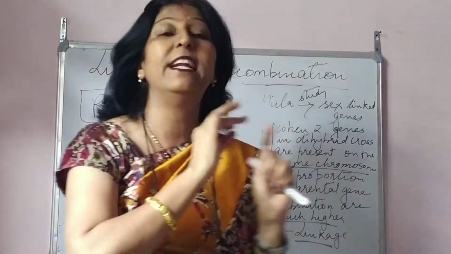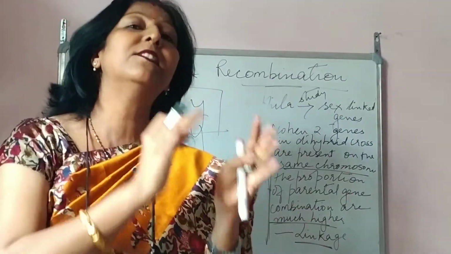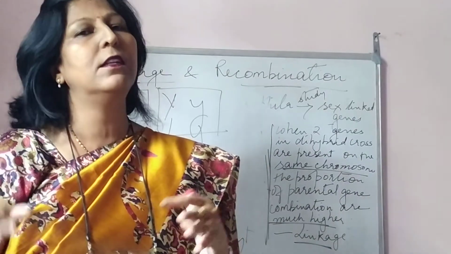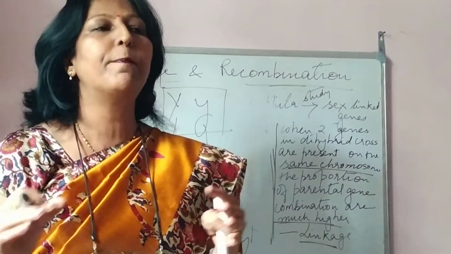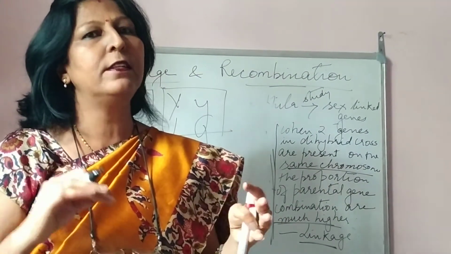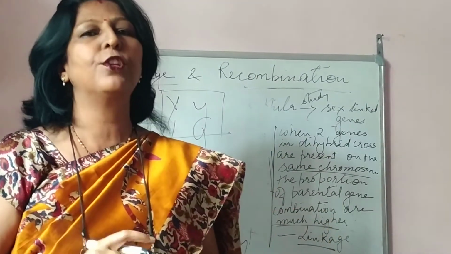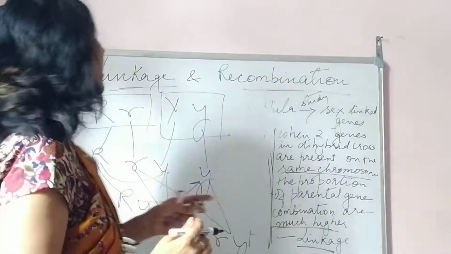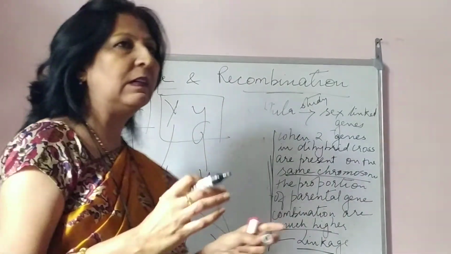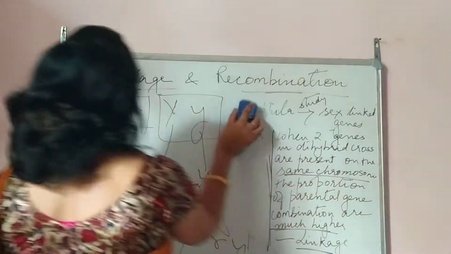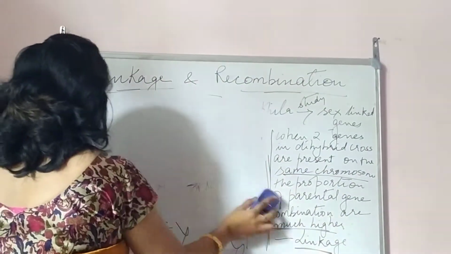While in linkage, they do not get segregated. It means the color of the body, the yellow body and the brown body, and the shape of the eyes, the white and yellow, that does not get segregated. So parental combinations are seen at the most, and it's very least that it shows recombination. Now what is recombination? This is linkage. Now what is recombination, children? Recombination is,